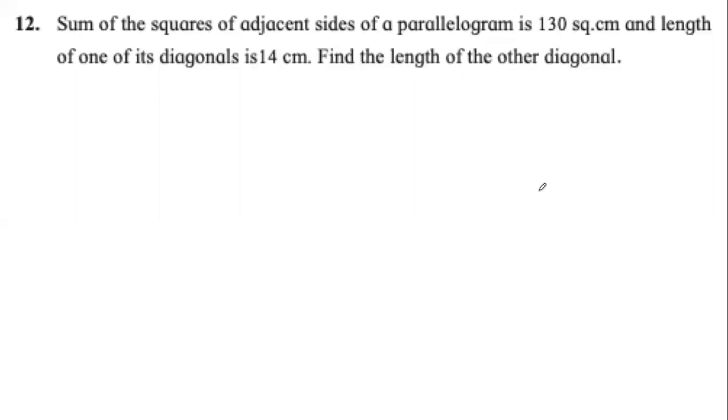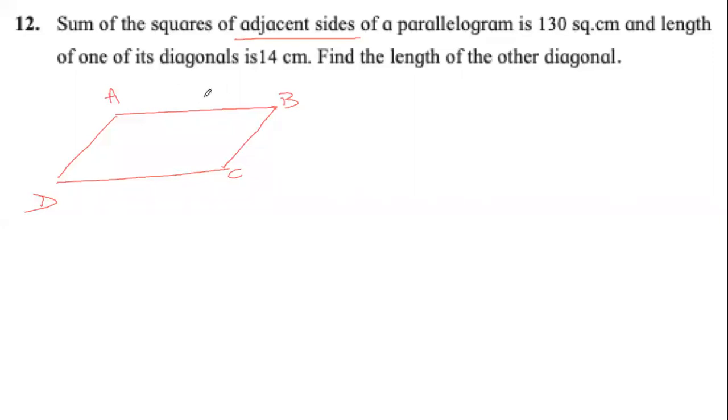Sum of squares of adjacent sides of a parallelogram. So once again, we have a parallelogram in which we have 2 diagonals also and 4 sides. So suppose this is the parallelogram and we call it A, B, C and D. It says sum of the squares of adjacent. Adjacent means side by side. Consecutive. I told you that in your textbook, both in class 9 and 10, it says adjacent side. And it is right, but we should not say adjacent angles. We should say consecutive angles.